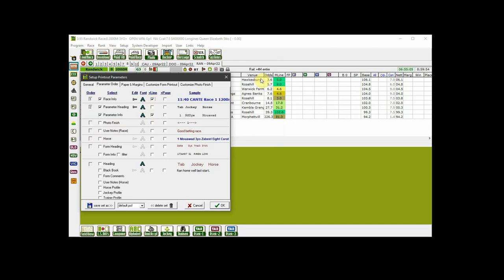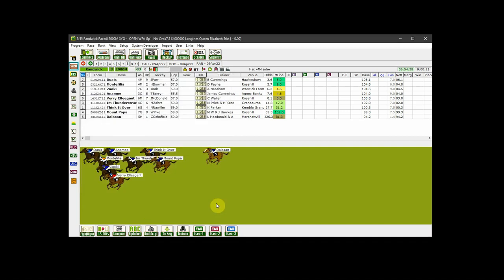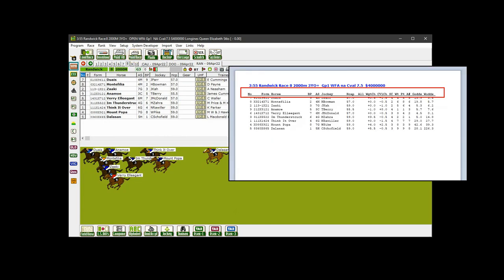You can leave the default configuration intact and save your new configuration file with a name that means something to you. In this case, we'll just name it Sample. So click once in the File field to select the default name and type Sample to overwrite the name. Then click the Save Set As button. Then click OK to close the setup window. Then click the Print Race button, and your printout should now contain those 2